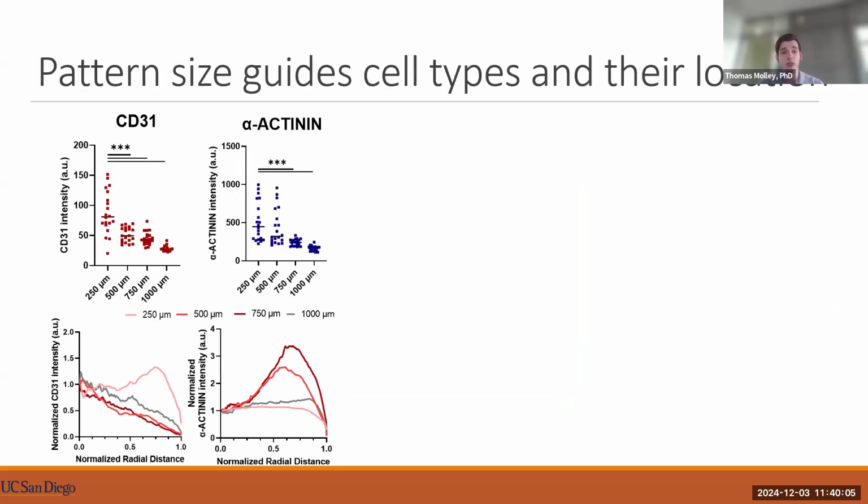So then this allowed us to actually do more downstream analyses. We were able to do individual cell fluorescence intensity as well, and looking to see that we actually had more of these cardiac cells in our smaller patterns, so alpha-actinin as well as CD31. However, this wasn't quite borne out when we had done our general immunofluorescence, and that's mostly because they're differently organized spatially, right? So the smallest patterns seem to have the most cardiomyocytes, but they weren't properly spatially organized,